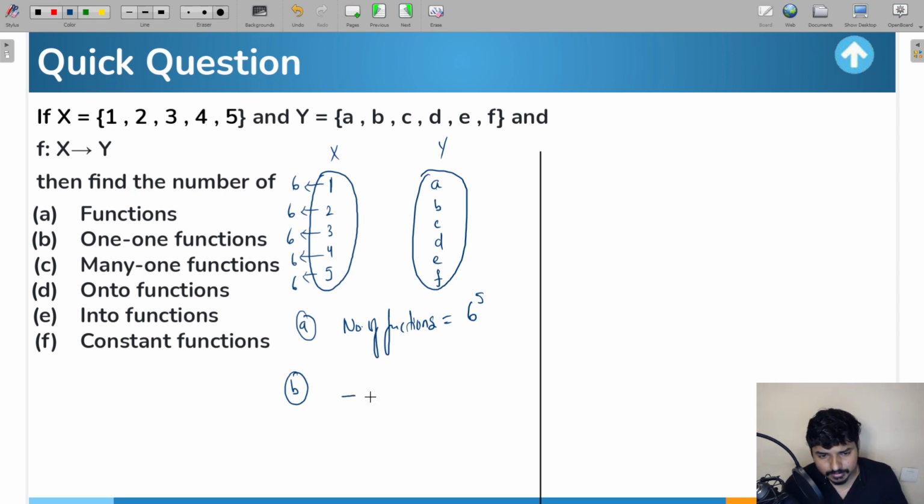Let us say 1, 2, 3, 4, and 5. These are going to be the positions. In these 5 positions, you have to fill up 6 objects. You have to arrange 6 objects. In how many ways can you do that?